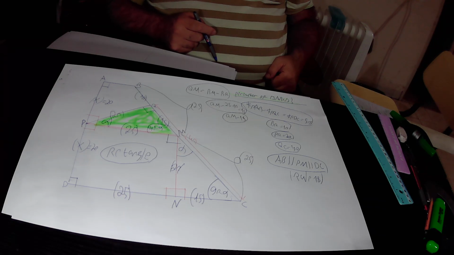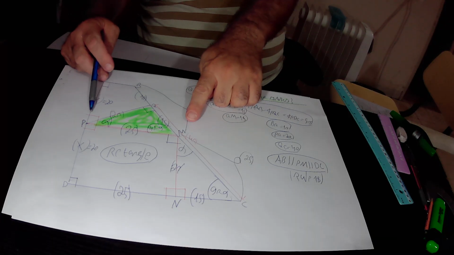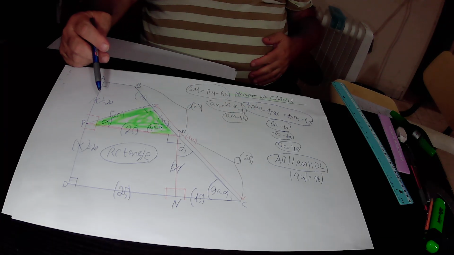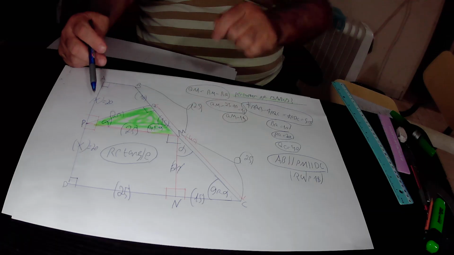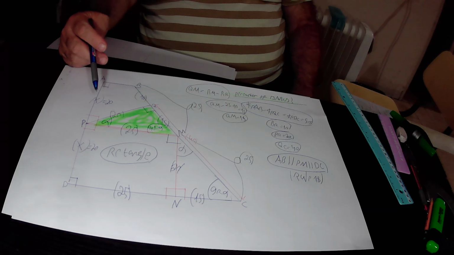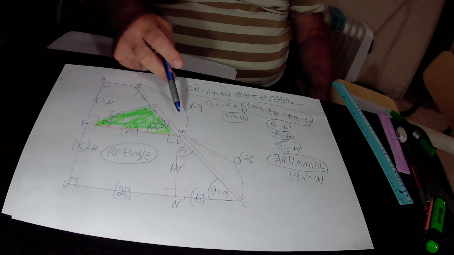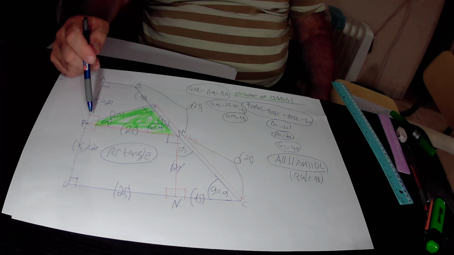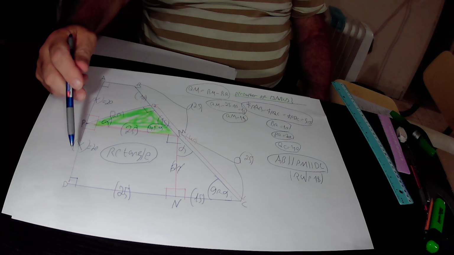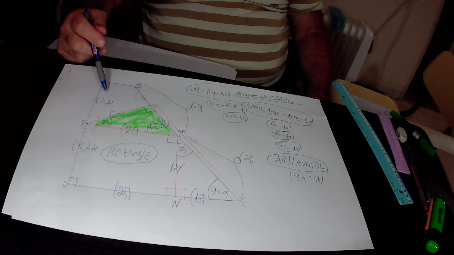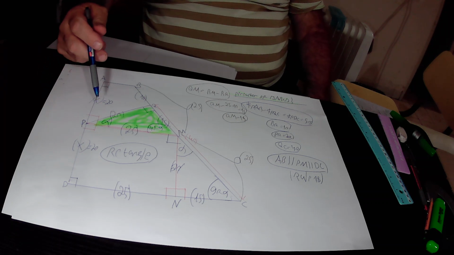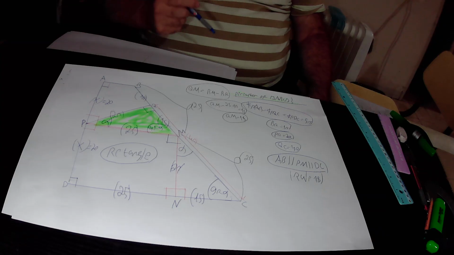Actually, the trapezoid mid-segment theorem talks about the length of line segment PM. This is line segment PM. Line segment PM bisects the leg AD. Why does line segment MP bisect leg AD? Because at point P, AD is being bisected into two halves. Each half equals 20. AP equals 20, and PD also equals 20. Likewise,